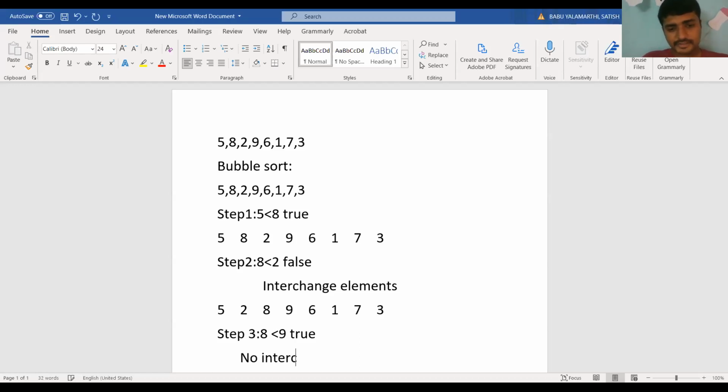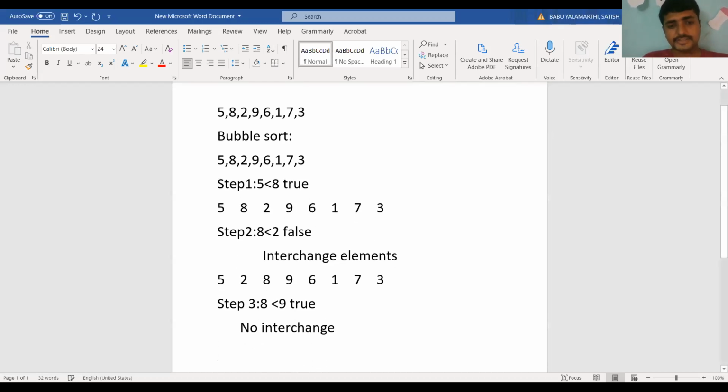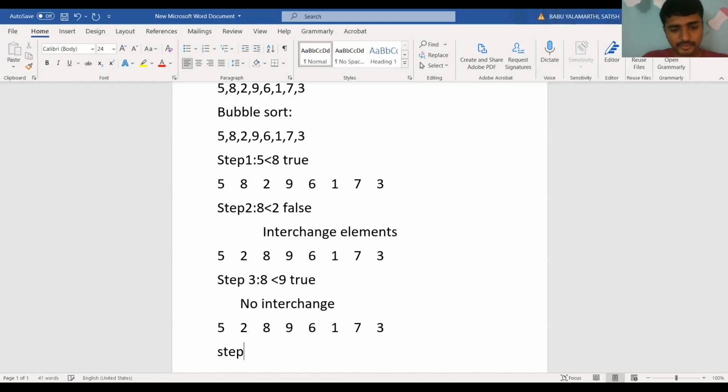No interchange, then the elements are displayed as they are. No change in this step: 8, 9, 6, 1, 7, 3.